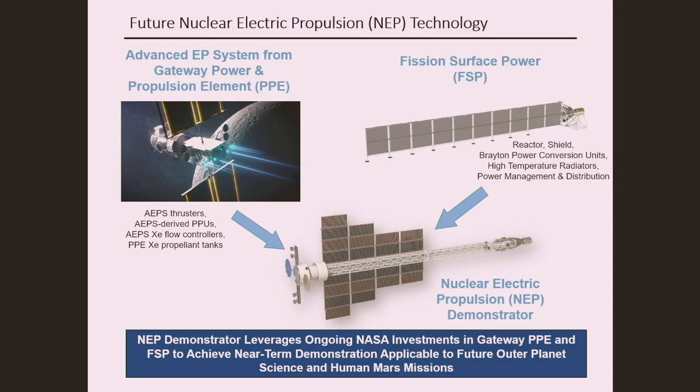And then as far as the future goes for AR and how EP and electric propulsion starts informing other technologies that will enable us to get more payload out to Mars and other planets and long duration missions, is the future nuclear electric propulsion technology. So you can combine, for example, the AEPS EP system technology with its thrusters, its PPUs, the XFC, the flow controllers and propellant tanks, in addition to NASA's investment and AR's investment in fission surface power. And you can combine those to really start to develop the technology of NEP, essentially using nuclear thermal energy to convert into